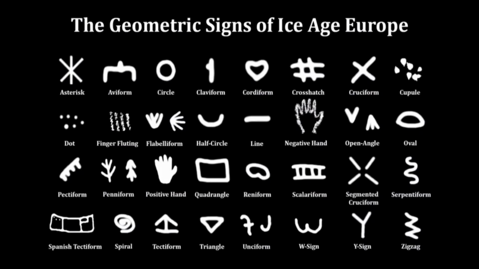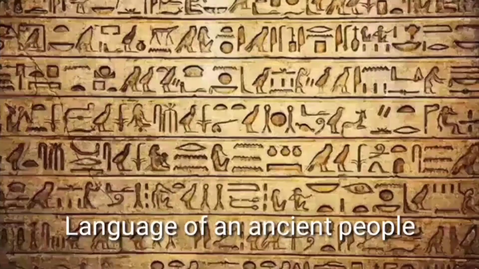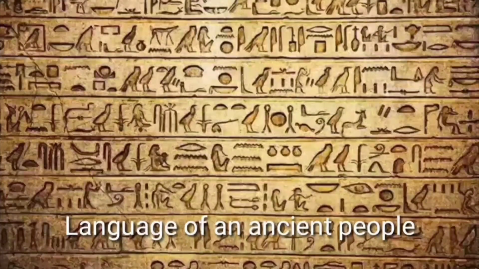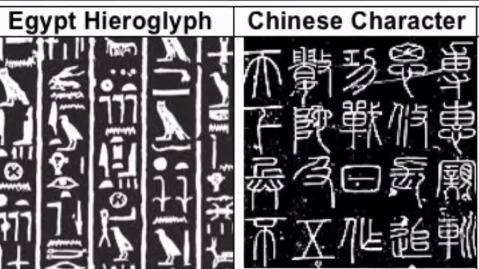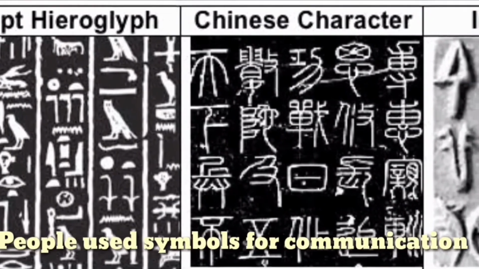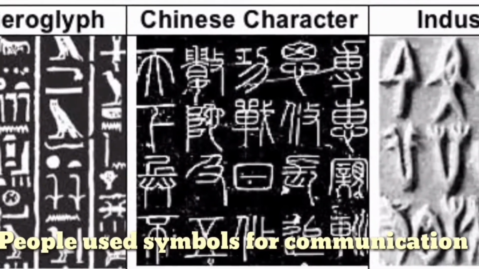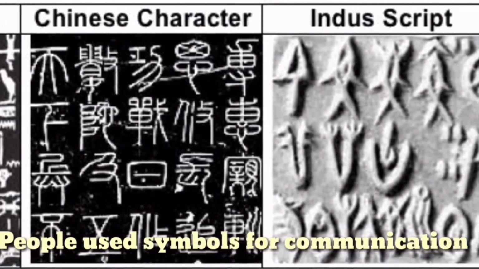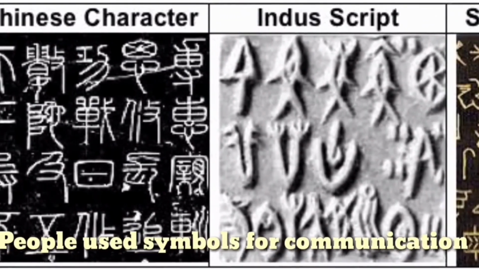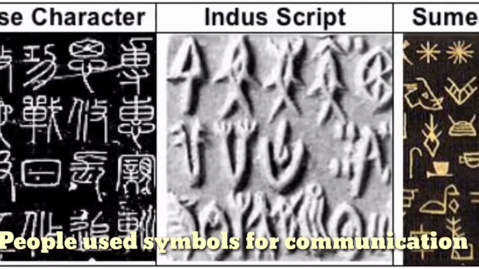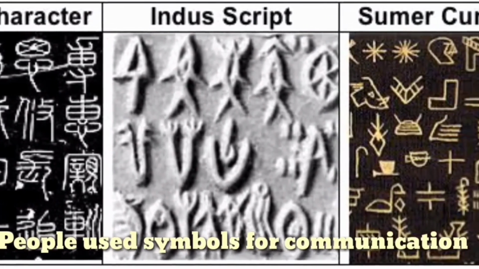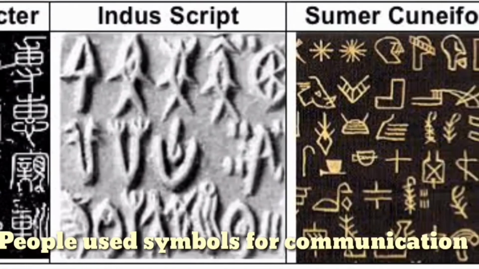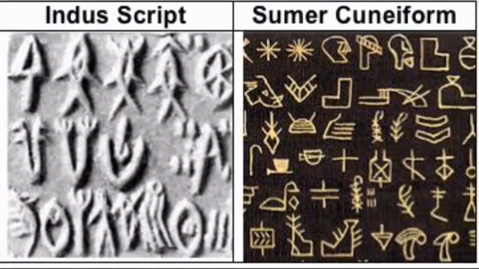Similarly, the language of the ancient Egyptians was written in hieroglyphic writing on the walls or on leaves. Here the different scripts of the Chinese or the Indus or Harappan civilization are shown, and how they used different symbols to show their way of living, their lifestyle and so on.